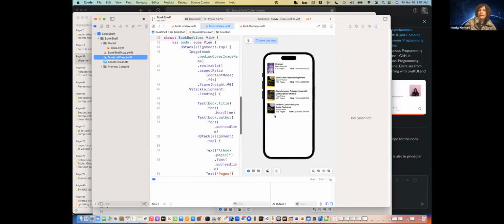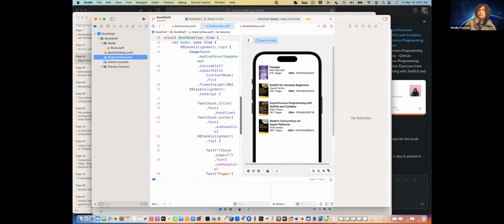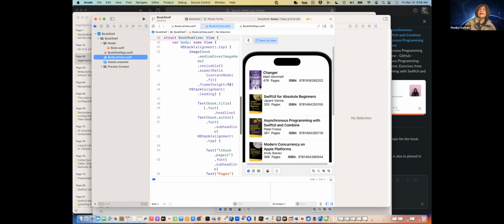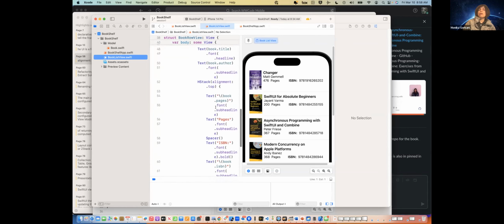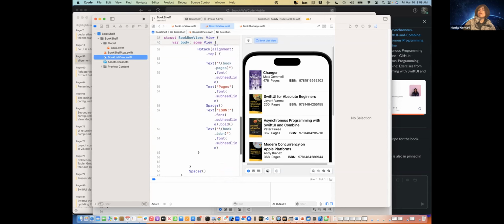Anyone had any issues looking at this and trying to understand how a list or combining these things in a list work? And one of the exercises was, can we update? So he had it that he was just showing the 476 pages. And the exercise was, can we change this to now put actual pages and the ISBN for each book. And it was a small amount of change,